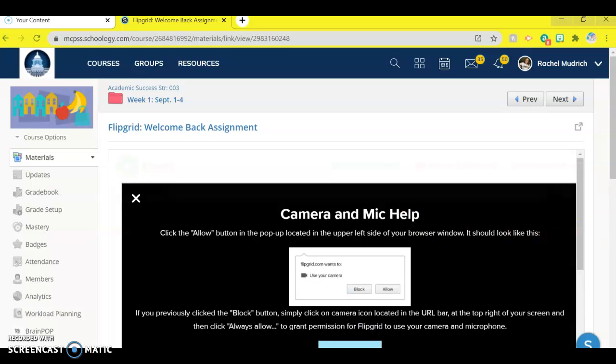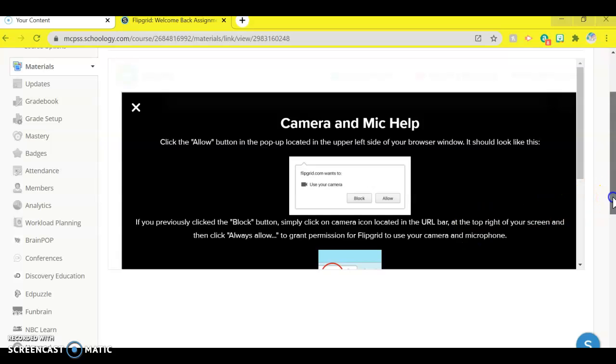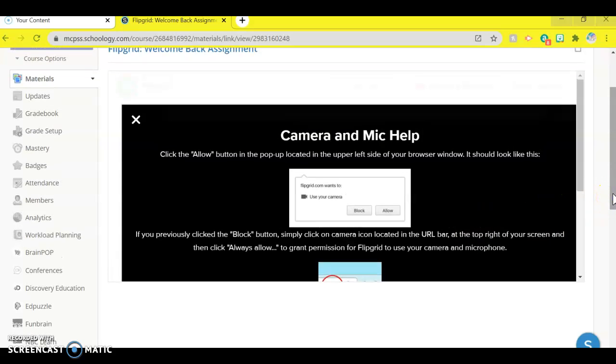and then this pops up. Now, for mine, it is showing up right now because I am using my screencasting to make this video for you. That's why my mic and camera will pop up for Flipgrid because it's in use already. But if you know you are not using yours and this notice shows up, the troubleshooting thing would be to do this. If you go up to the URL